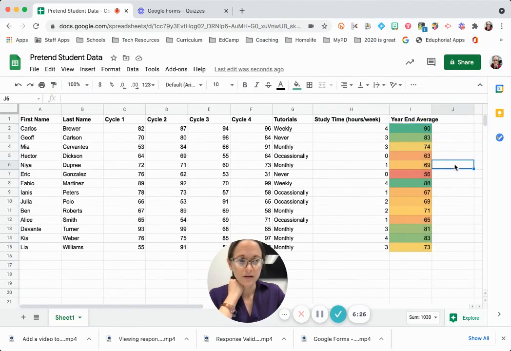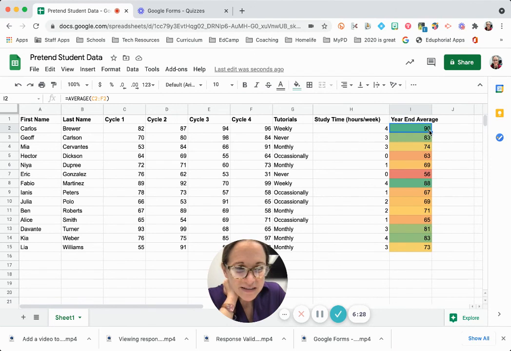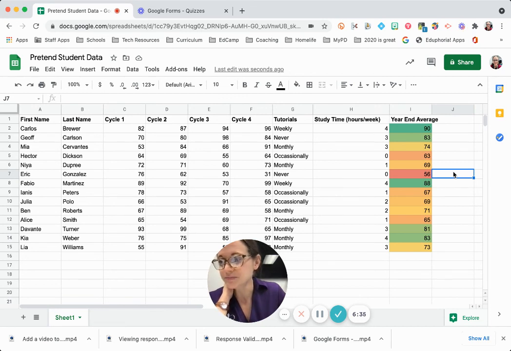Okay. And check out what that did. It made my 90 green, and it really calls my attention to this student right here who has a 56 for their year-end average. All right, so there are some other tools that you can